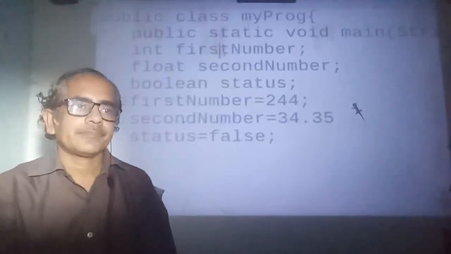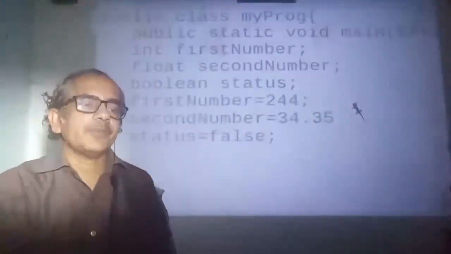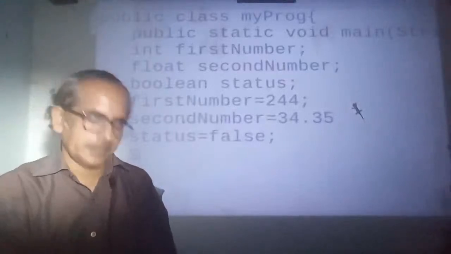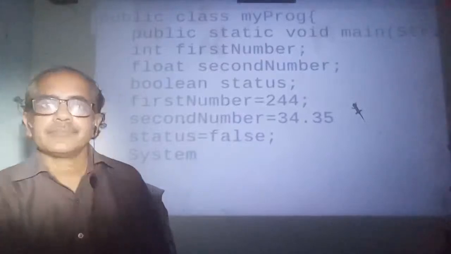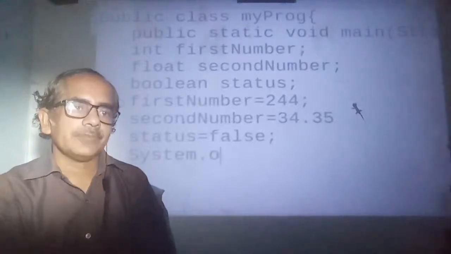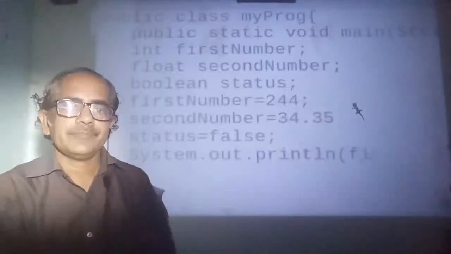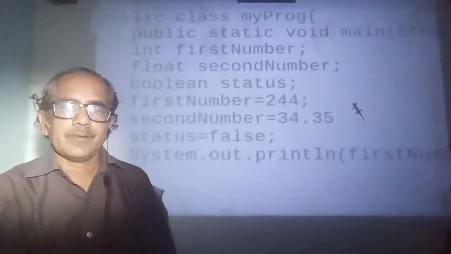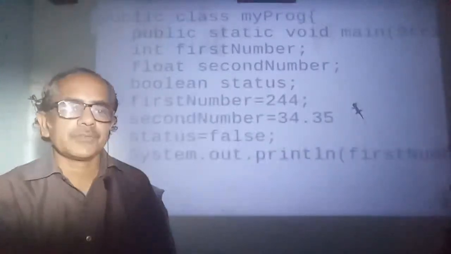ठीक है, अब आप लिख सकते हैं यहां पर, इसको प्रिंट किया जा सकता है। System.out.print("first number"); पूरा नहीं आ रहा है, मैं उधर शिफ्ट करके दिखा सकता हूं।